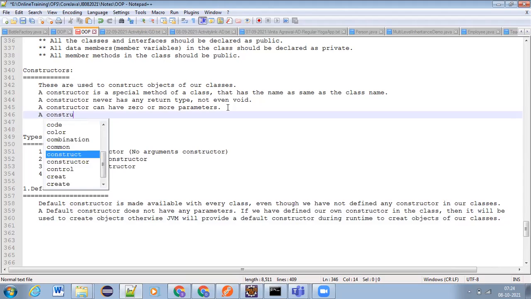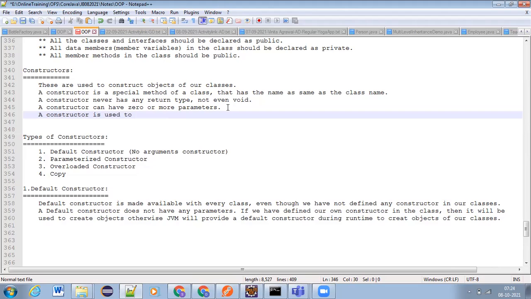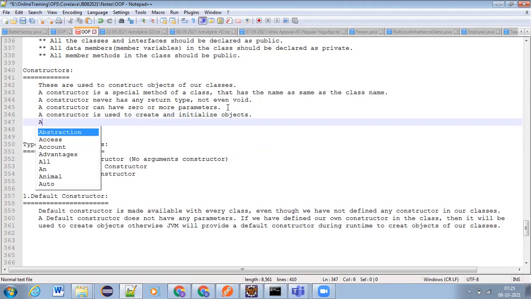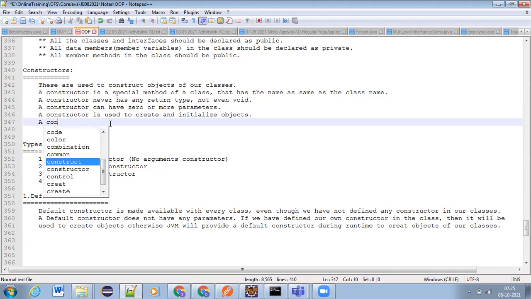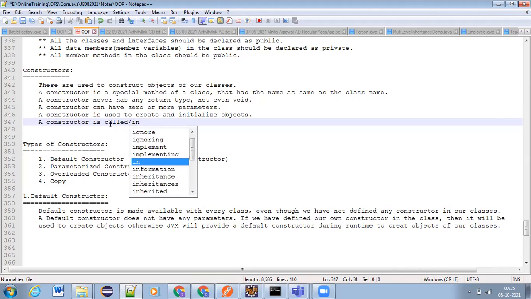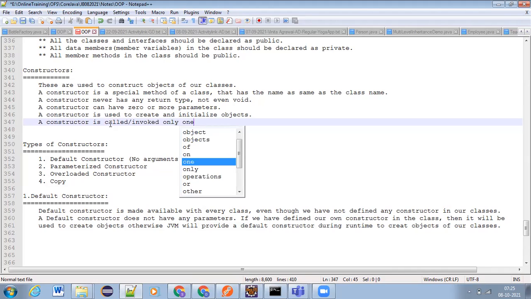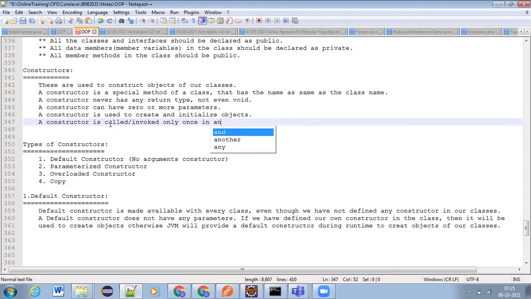A constructor is used to create and initialize objects, and a constructor is called or invoked only once in an object's lifetime. Whereas